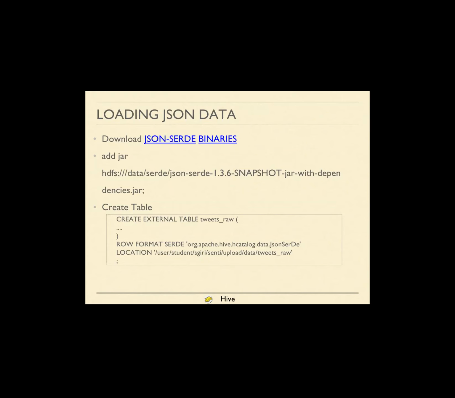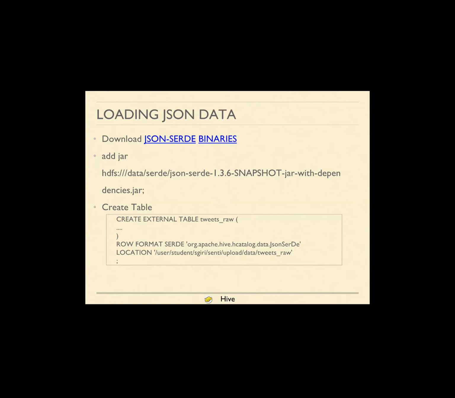There are many organizations which provide SerDe. Also you can customize SerDe, you can write your own Java code which can convert the raw data into records. So SerDe converts the raw data into records, and the serializer converts the table into raw data. The deserializer converts the raw data into the table. That's the whole idea about SerDes. They can be customized. We will cover this in an exercise.